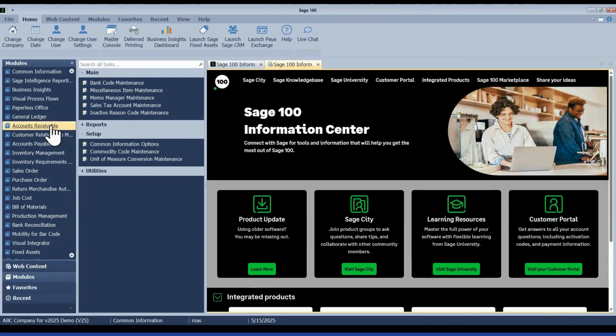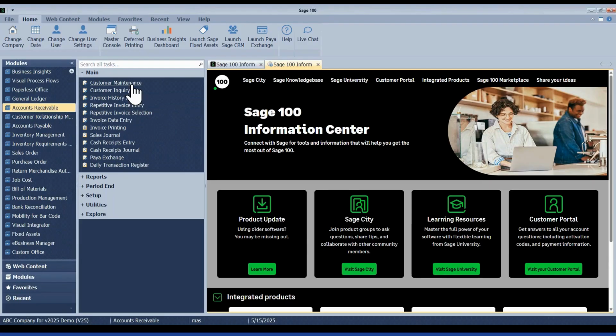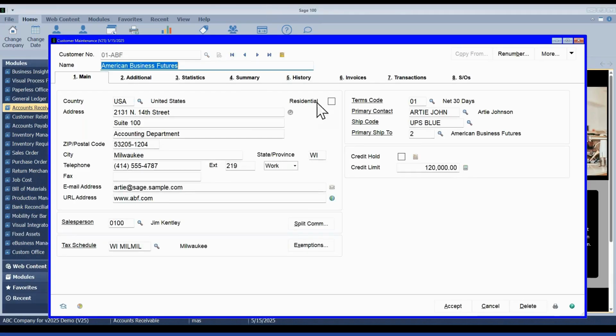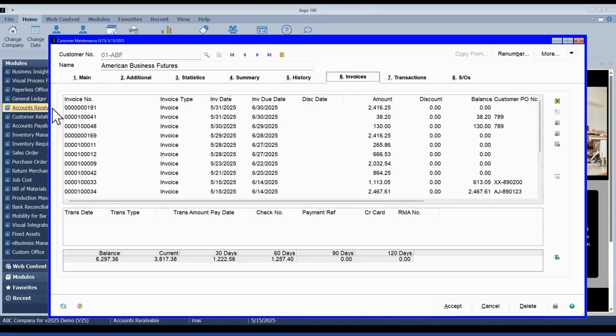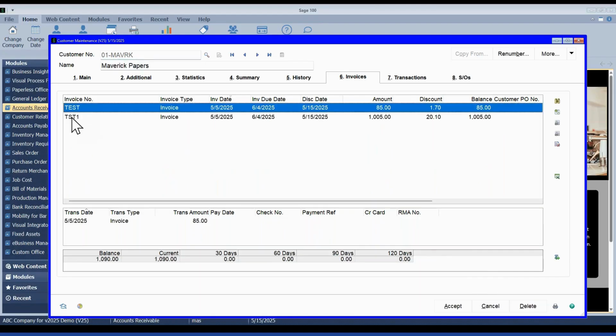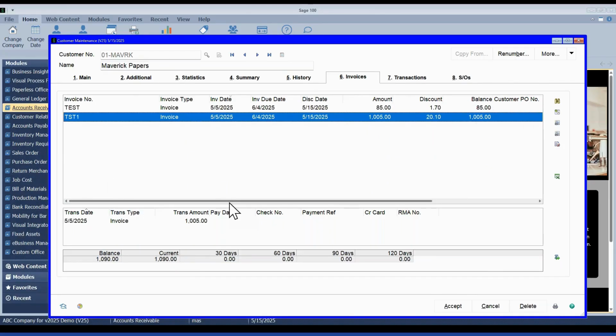And so if I were to come over here to customer maintenance to maybe look at an old account, let me pull up here, come to their invoices tab. I know I didn't show it beforehand, but this would have been 7 characters before, so it's added those zeros at the beginning, as I mentioned, to make it larger. Or if I switch over to one that I made here where they were using a mix of either just characters or characters and numbers, those remain unchanged.